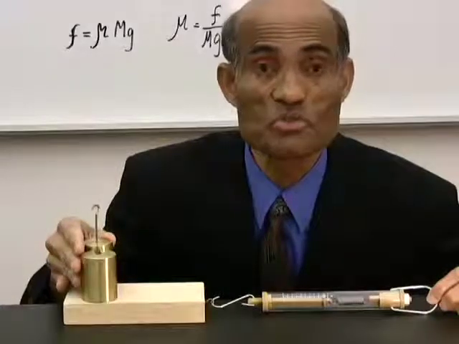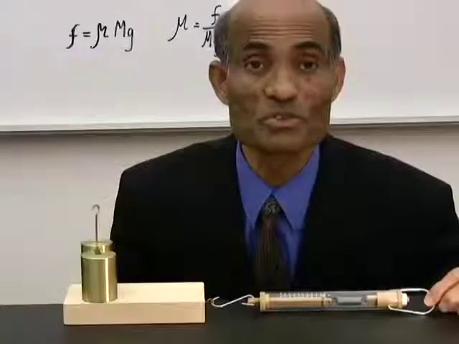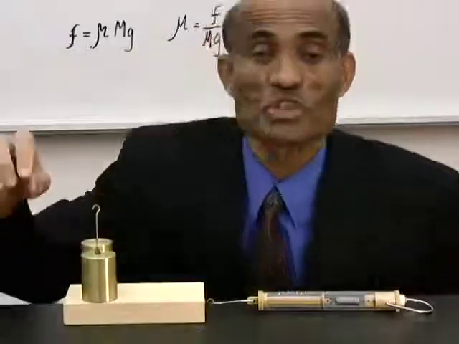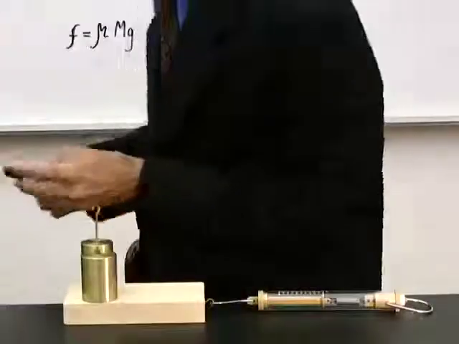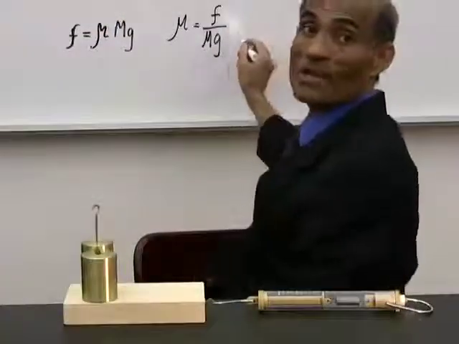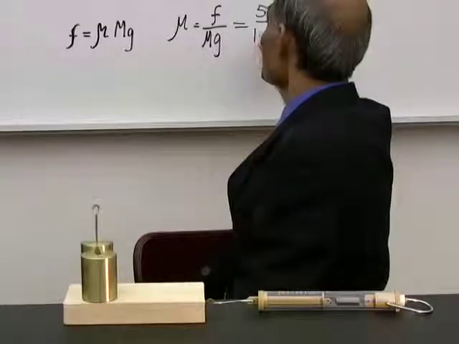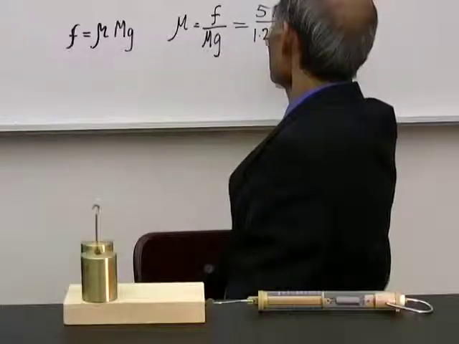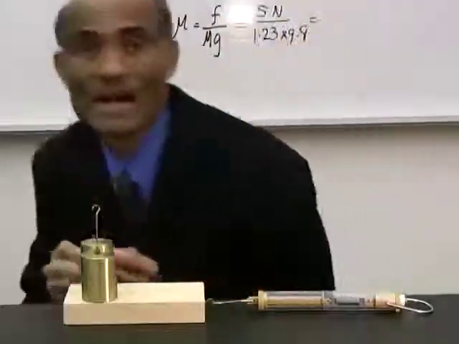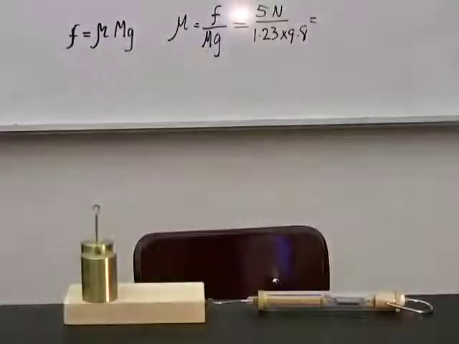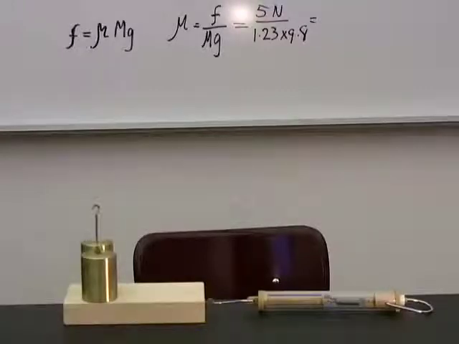That is 1,230 grams, 1.23 kilogram. And what is mg equal to? So I will be able to say mu equal to 5 Newton divided by mg, which is 1.23 multiplied by 9.8. Now, can you calculate that for me? Mu is 5 Newton divided by 1.23 times 9.8. That will be 5 divided by 1.23 times 9.8. I got this as